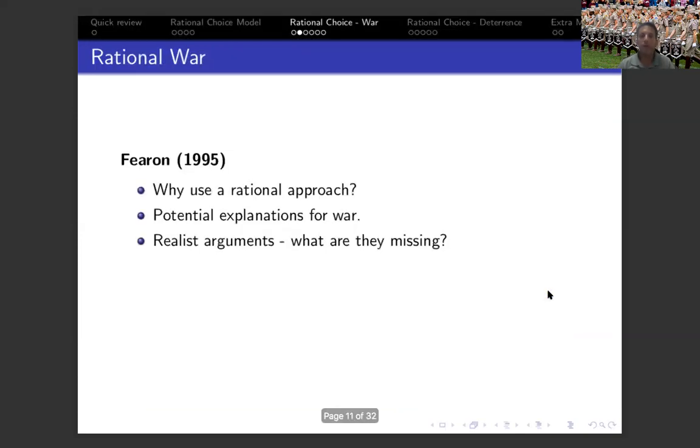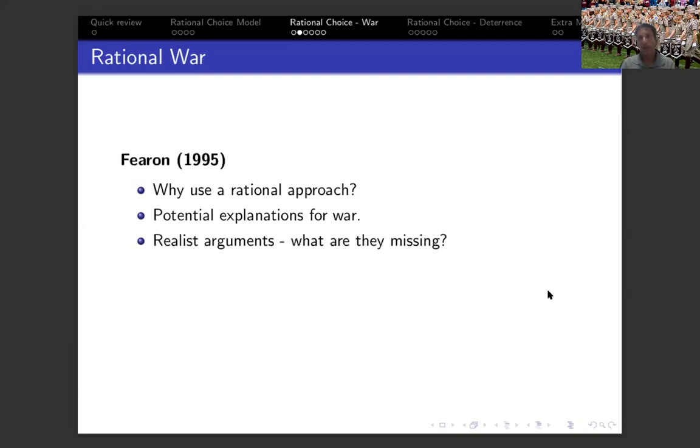The appeal of a rational approach to explain war is based on two aspects. First of all, past work tends to focus on specific conflicts, arguing that war was a rational option for the leaders that tried to promote their state's interest, because according to those explanations of very specific conflicts, the expected benefits from war were much higher than the costs. So if benefits outweigh the costs, it's a rational decision to engage in war. That's one reason. The other one, and I'll get us back to some of the realist arguments.